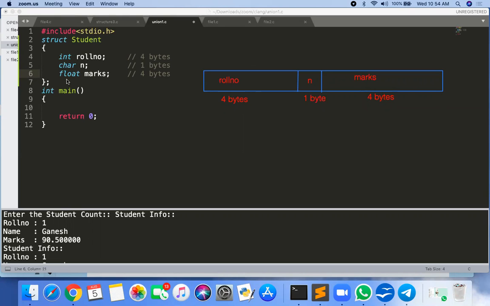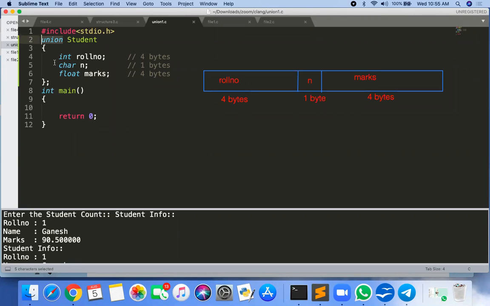Okay, next. Now instead of struct, if I'm using union, the syntax of creating the union is very similar to your structure. Accessing the members is also the same, using the dot operator. If you are using a union object, use the dot operator. If you are using a union pointer, use the arrow operator. Accessing the structure object and the union object are very similar. Okay, so all are repeated.